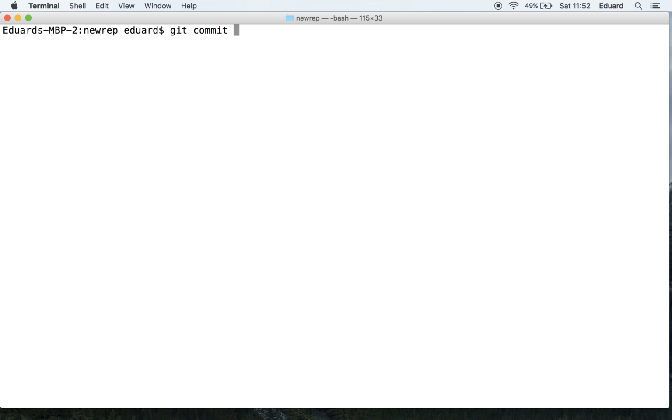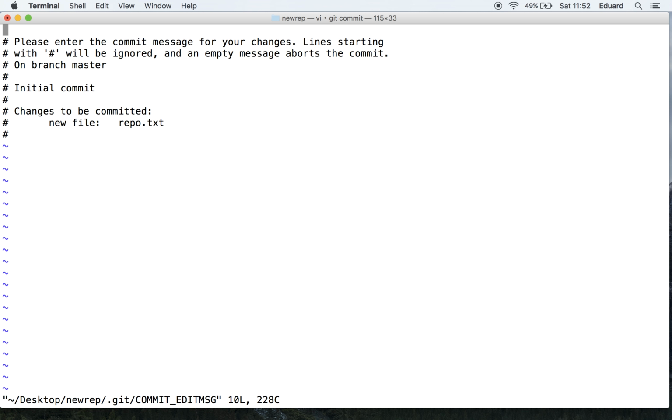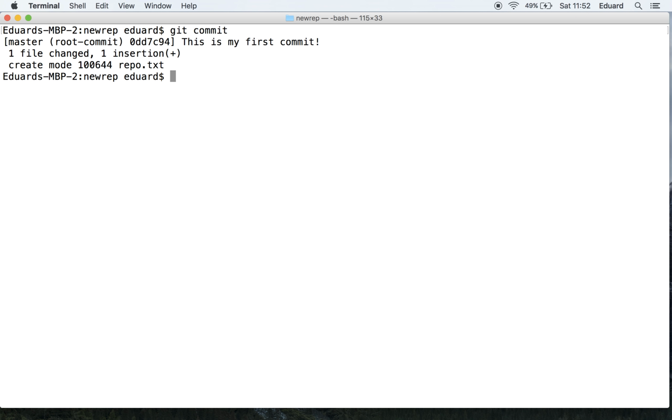and if we type it like this without specifying any additional parameters, my default editor, in this case vi, pops up and asks me to insert a commit message for my change. Right, here I could simply type in a message identifying my commit. But let me just say that you should be very careful to write this message as an identifying message specific to the change you have made. So let me just say this is my first commit, exclamation mark. Let me save this and exit the file. Right,